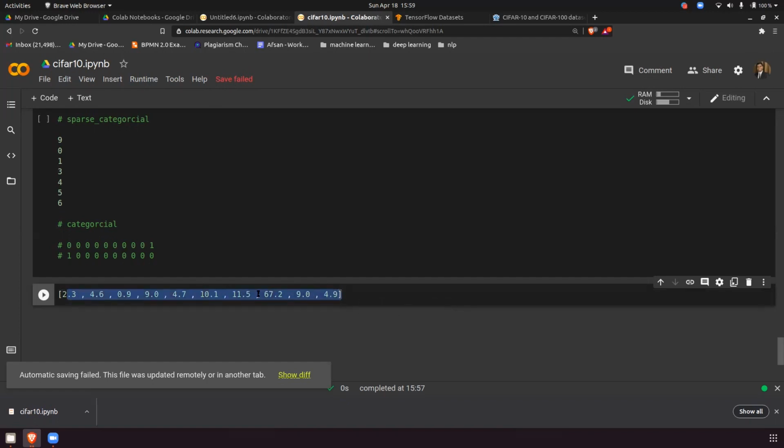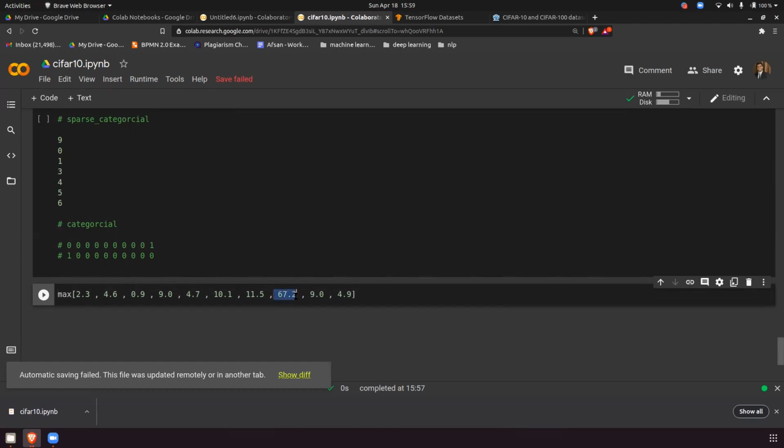67. This means 0, 1, 2, 3, 4, 5, the 7th node gives me the maximum value in the output. So this means the 7th is the predicted class. But how do we know? Because I have the values here. How to get the maximum value? If you use the max function, it will give the value, but I want the index.